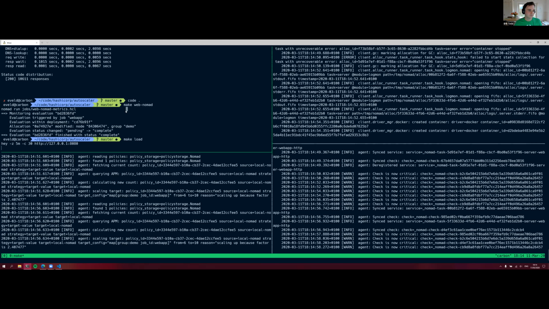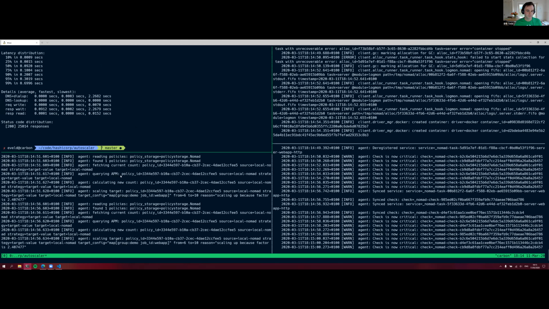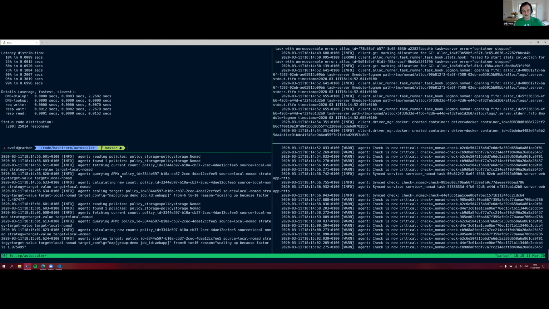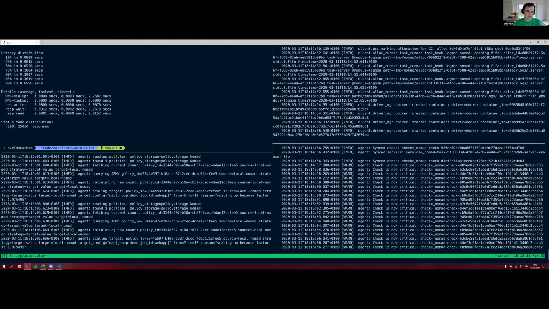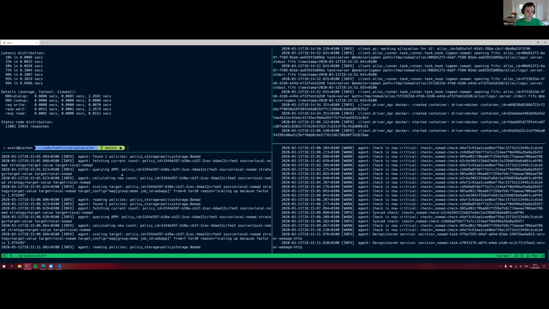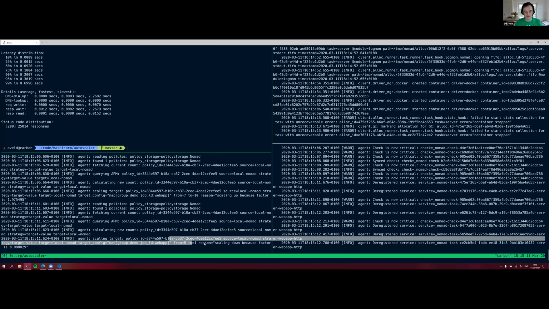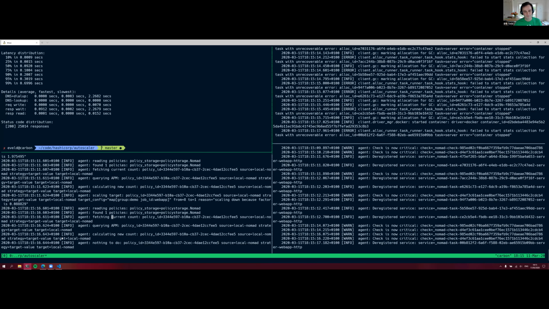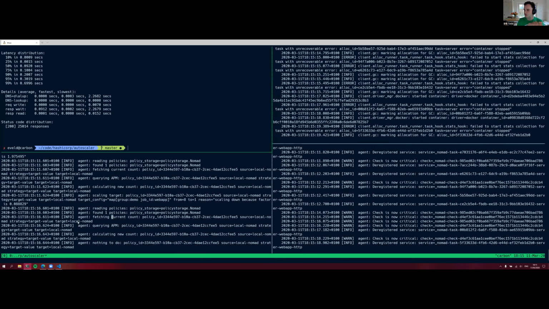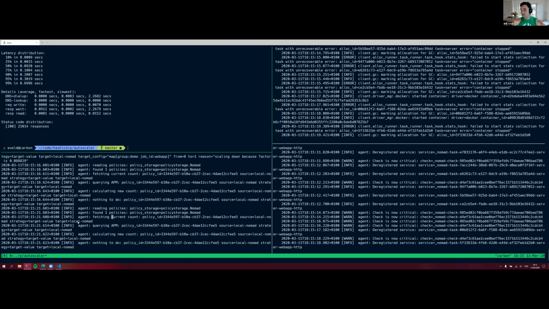And then if we actually kill the load, we will actually see the autoscaler react to that. There we go. And we can now see that it's trying to scale from 8 to 1 because there's no load anymore. So this is a pretty abrupt stoppage of the application right now.